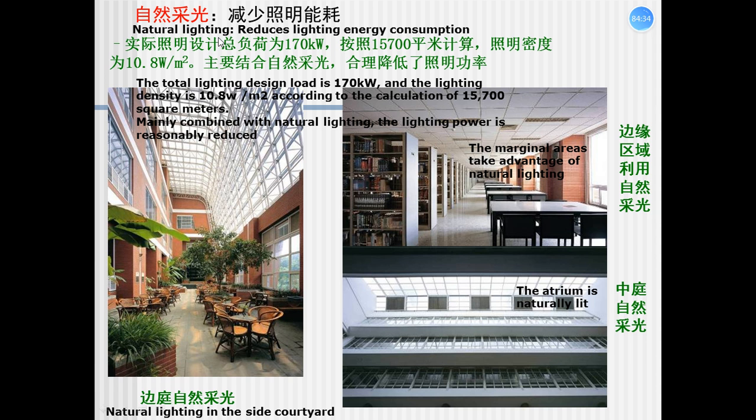Natural lighting reduces lighting energy consumption. The total lighting design load is 170 kW and the lighting density is 10.8 W per square meter, according to the calculation of